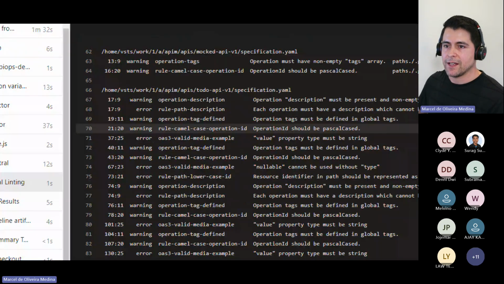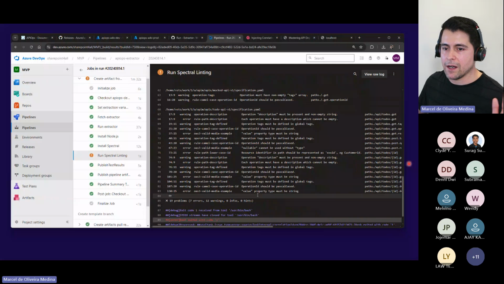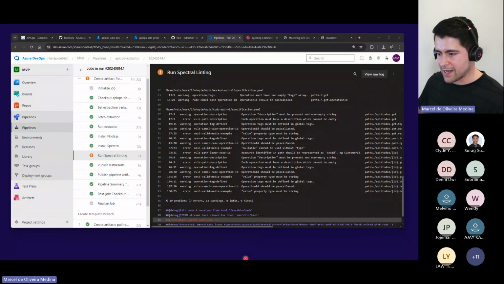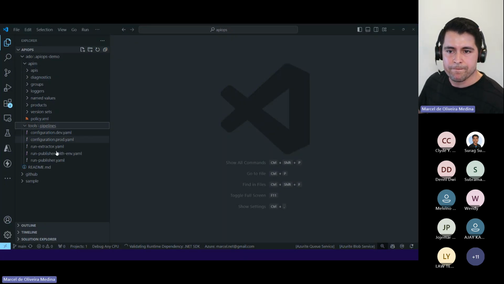So there are different errors from the OpenAPI definition, warnings, errors, warnings. You could just say, look, deny, right? Error.